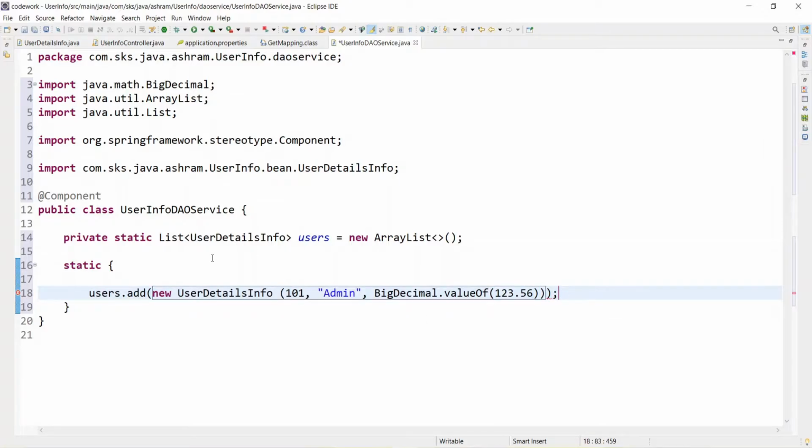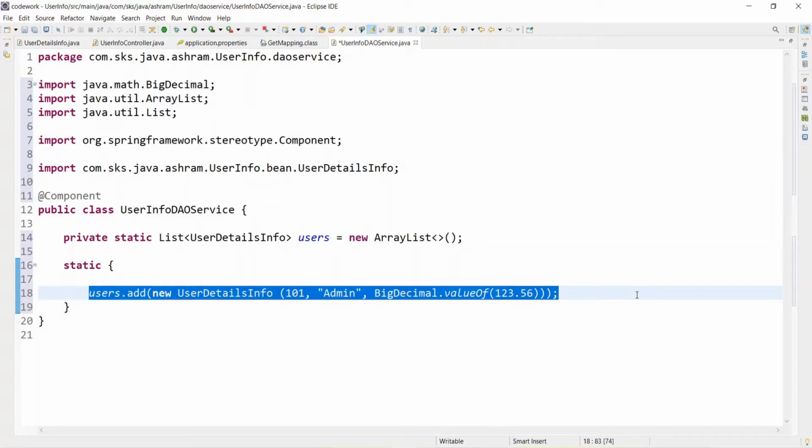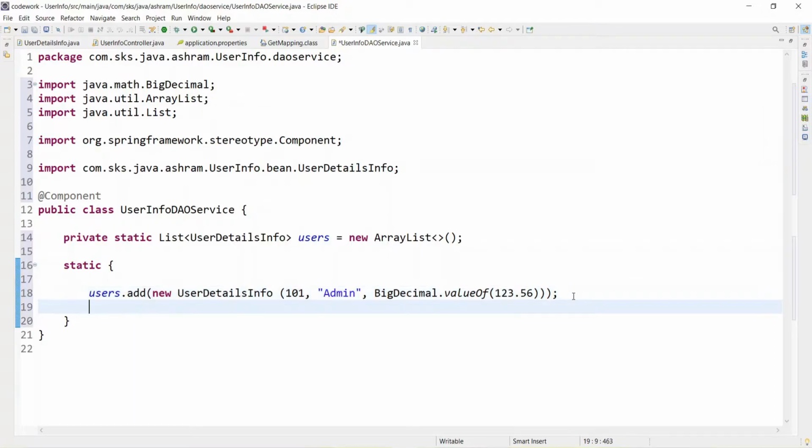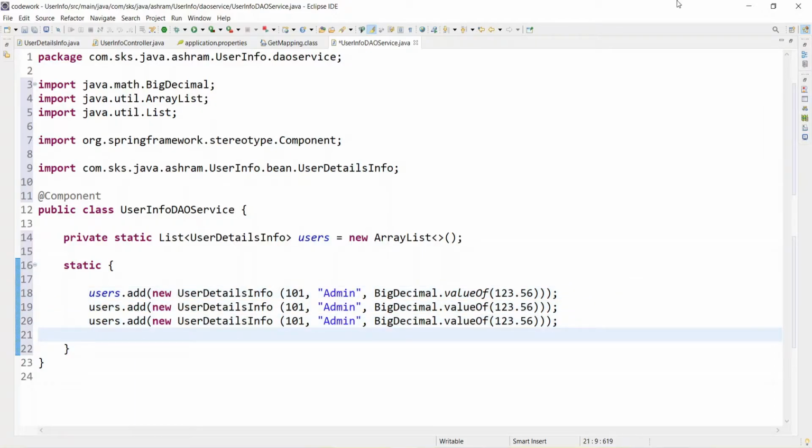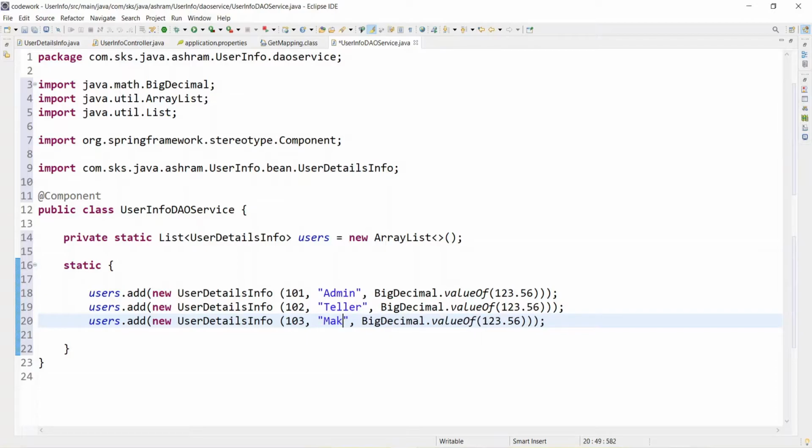Let's put some of the information. And here 102, 103, and here admin, let's say Taylor, and here maker, all kinds of roles we are giving here. And let's change the amount too.